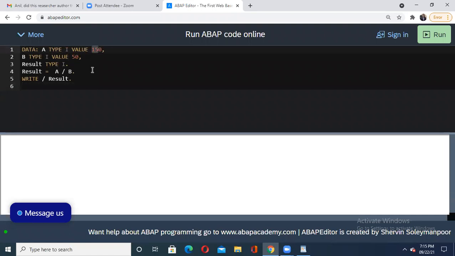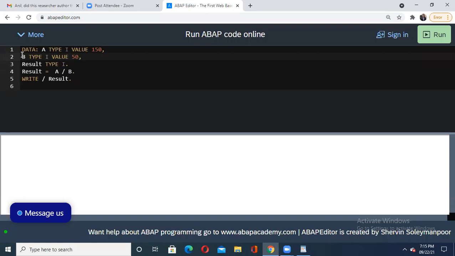Similarly, if I want to declare the b variable, I declare b type i value 50. Then again I want to take the value into the result variable, so I need to define what exactly my result will be, integer, float type, or any other. So I'm declaring result type i, an integer again.